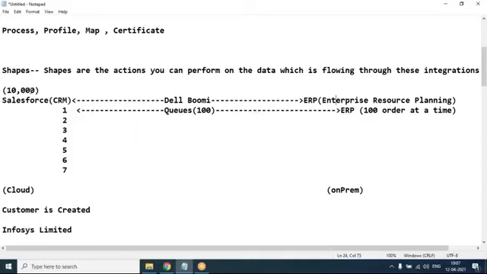If that person says, okay, it is very, very rare that I will get 10,000 orders at a time, I want a real-time integration. If sometimes my order fails, I will ask my customer to process it again, right? In that case, I will say, okay boss, that's fine, I will give you a real-time integration. But if the customer says I cannot afford to drop a single order because a loss of an order is a loss of revenue to me, I am fine if my customer takes maybe 30 or 60 seconds extra to get the order number,